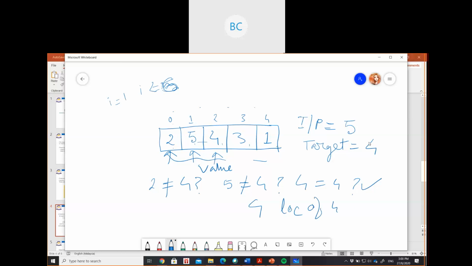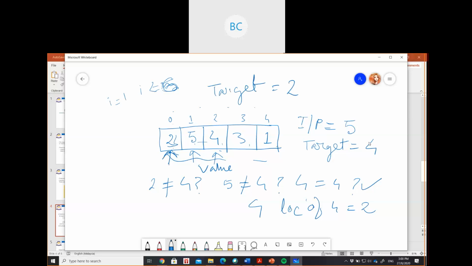What's the location of 4? In terms of the array, the location of 4 is 2. But in the general case, it's the third element. So if I want to search for target 2, what will be the complexity here?